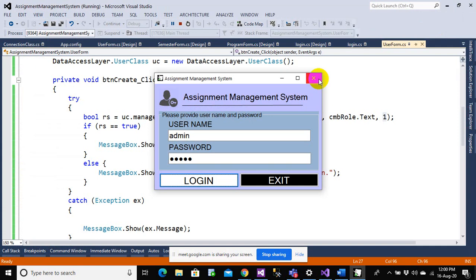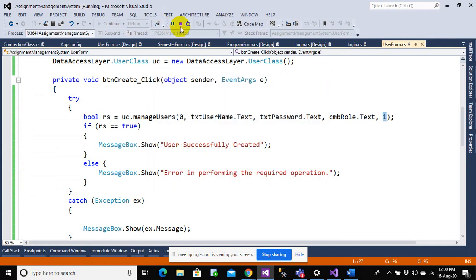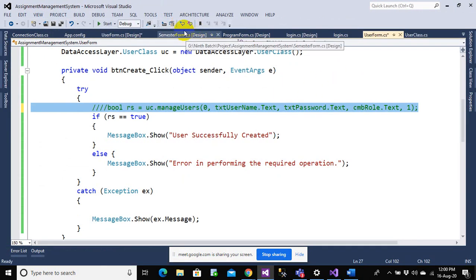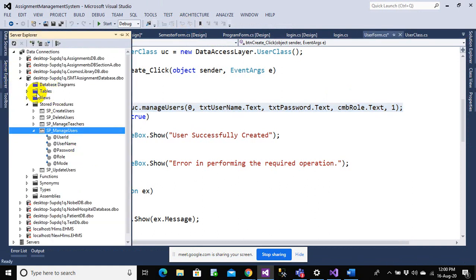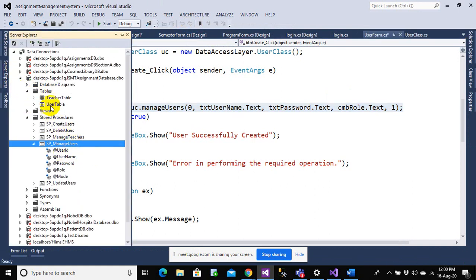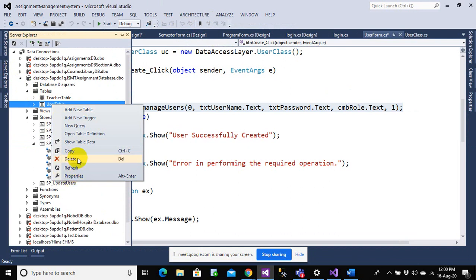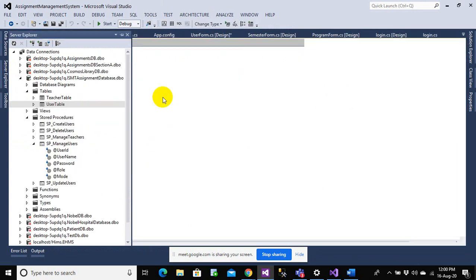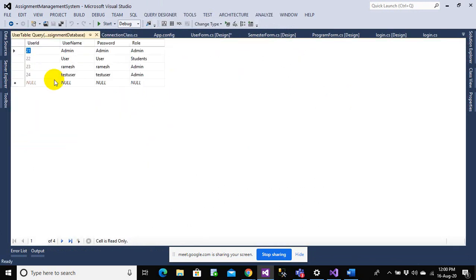So let's fix that issue. The user is created. In order to check that, you can confirm by going to the server explorer, right clicking on the tables and seeing whether the user exists or not. So let's right click and click on show table data, and you can see test user bit admin has been created.